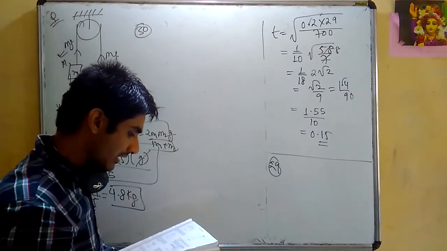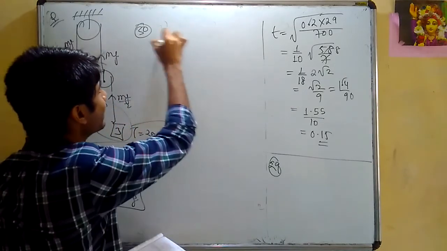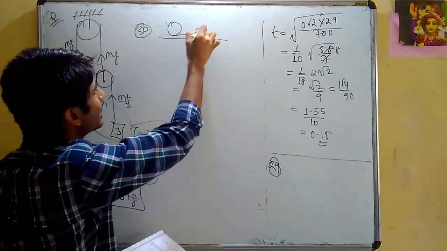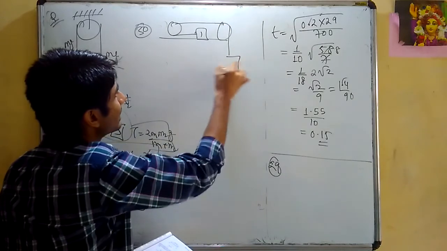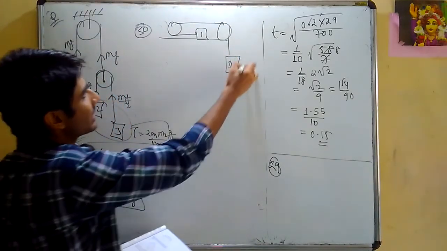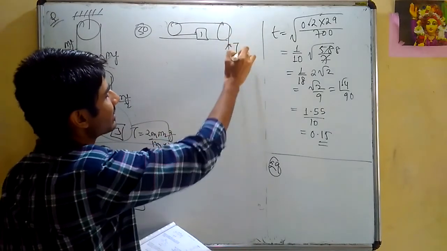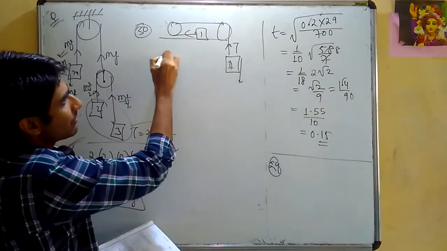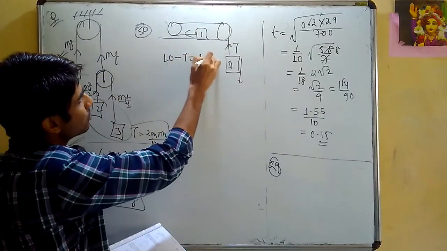Question number 30, find the tension in the string. Everything is given. So find the tension in the string. So here is one pulley, here is 1 kg which is kept, और यहाँ से घुमा के ऐसे 1 kg is kept here. So I guess this is a straightforward question. You can draw. 1 kg will naturally go down, acceleration is here, tension is upward. What is the equation for this? It will be 10 minus t equals to mass into acceleration.